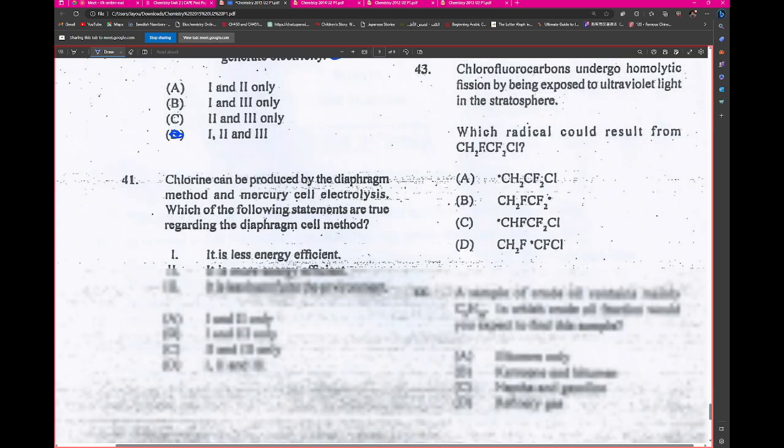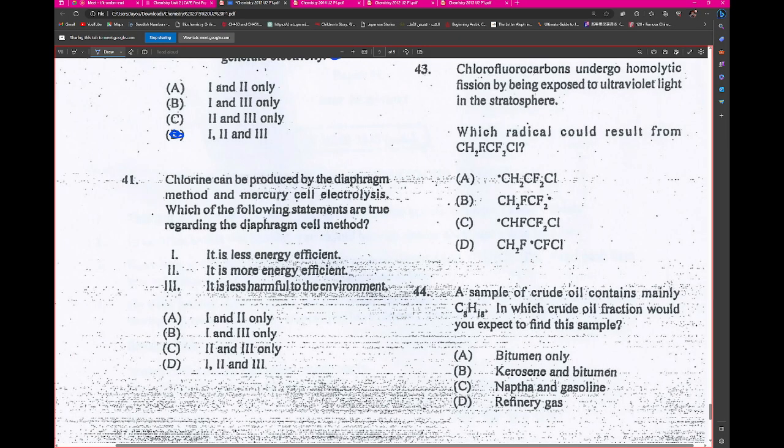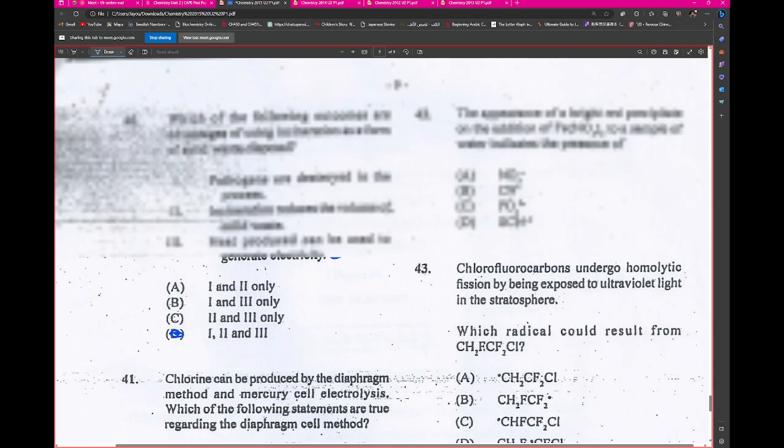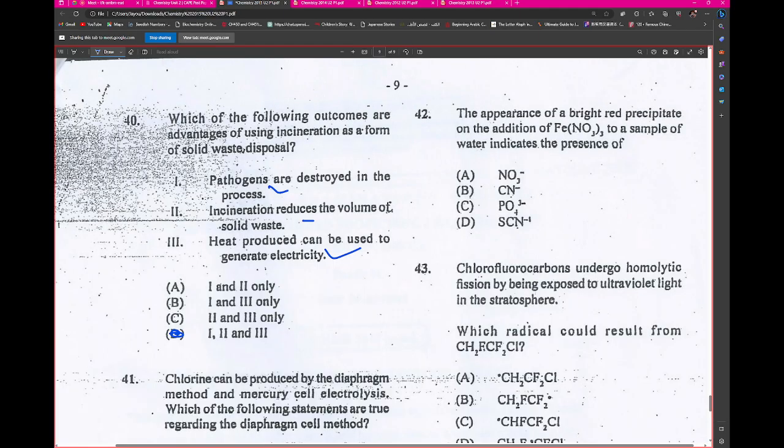This is fine. Chlorine can be produced by the diaphragm method and mercury cell electrolysis. Which of the following statements are true regarding the diaphragm cell method? More efficient and less harmful, right? So 2 and 3. Then we have 41, waiting for it to load up properly. Okay, the appearance of a bright red precipitate on the addition of iron nitrate to a sample of water indicates the presence of